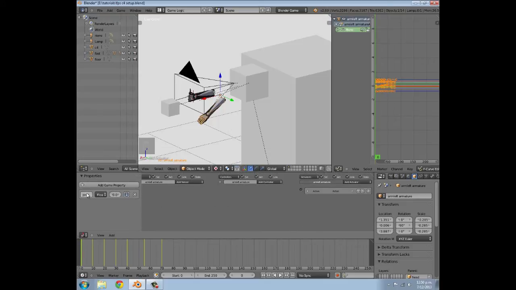And we need to add a timer, so maybe timer number 1, and just timer. And it's going to be an integer, and it's going to be up to the throwing frame, so frame 40, actually no, we need it to be the whole length of the animation, so it needs to be 70, and we're going to add another property. It's going to be called start, it's going to be boolean, and